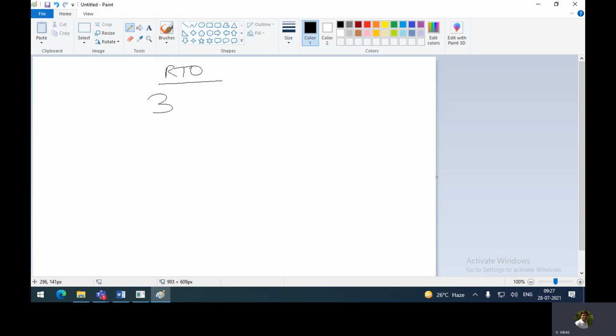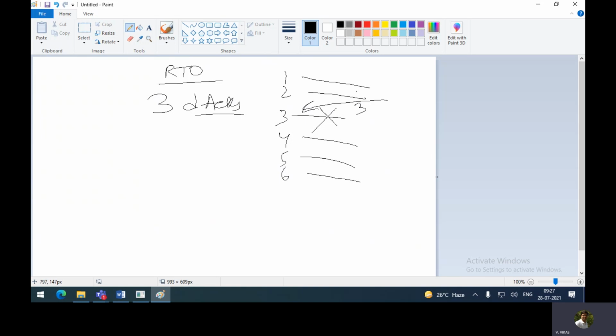Okay. When I get 3 duplicate acknowledgements, it's like I have sent first and second. There is no problem. They have been delivered. Then I sent third one, but it was lost in the middle. 4, 5, 6, I sent and they have been delivered. Whenever second one was delivered, immediately the other person will respond, I am expecting sequence number 3. Third one is missing. Whenever fourth one is received at the other side, going back to the rules of acknowledgement generation,